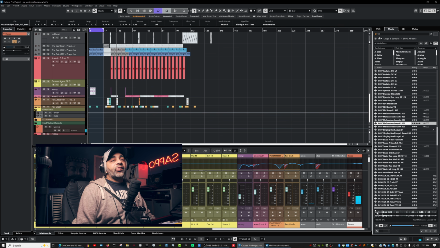And I might want to range a certain section of it. I might only like a piece of it. I don't want to use the whole loop. So now, instead of just dropping it in the project window and chopping it and all that kind of stuff, and then top and tailing it or using the audio editor, I can actually come in here to the handles,